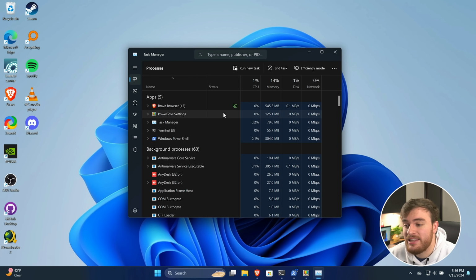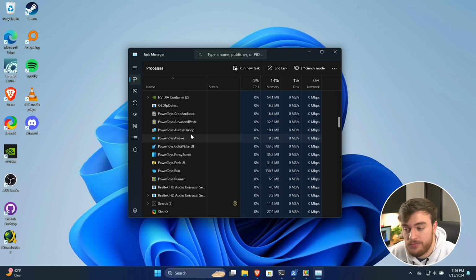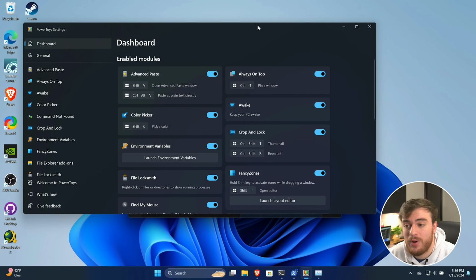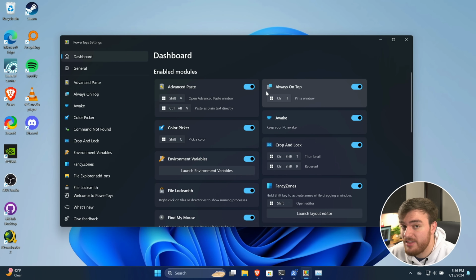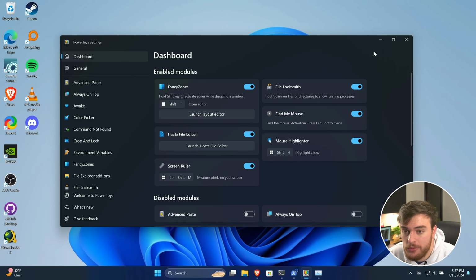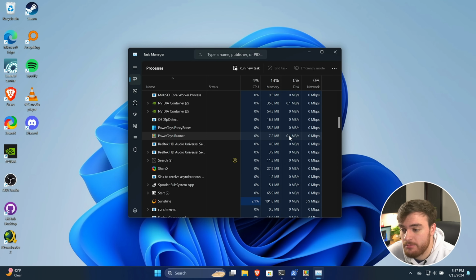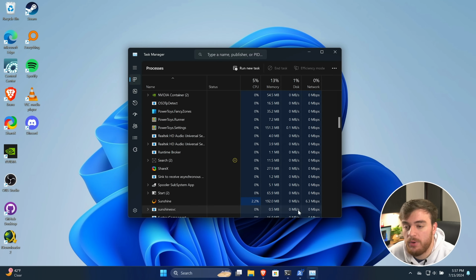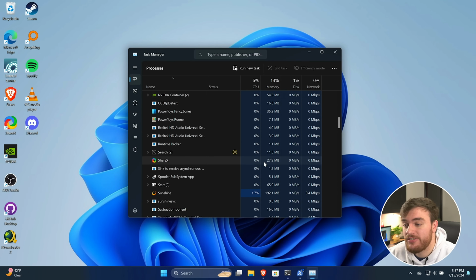A lot of the time in these programs, such as PowerToys for example, we can choose what we want running on our system. Most of the stuff I don't use, so I'll be turning it off. Turning off everything that I don't use. Now, all of a sudden, there's less running. This is great. When we're playing games, and especially restart our PC and then play games, even less should be